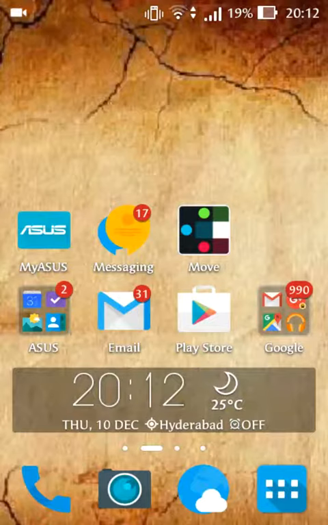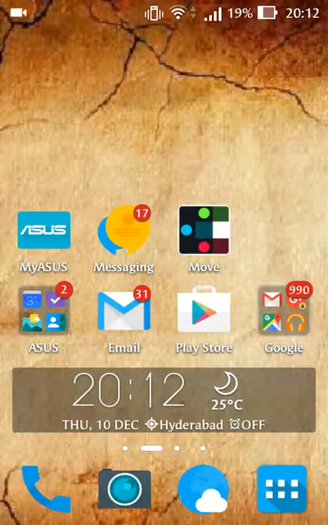In Lollipop, you will find emergency alerts frequently. You'll see them on the screens very frequently. How to turn them off on any Android mobile? Go to Messaging app,